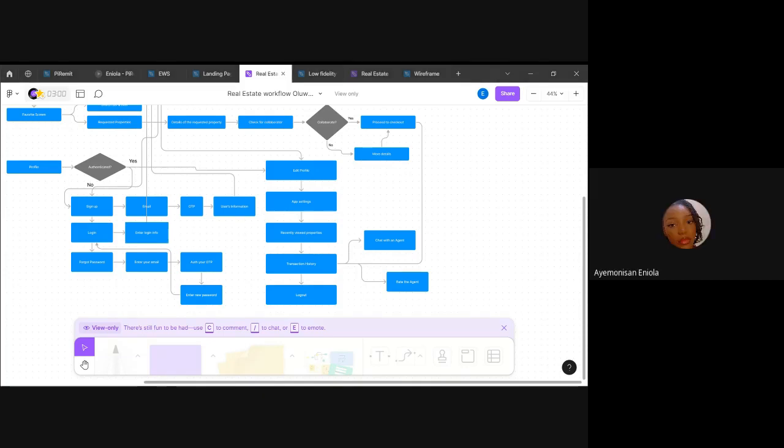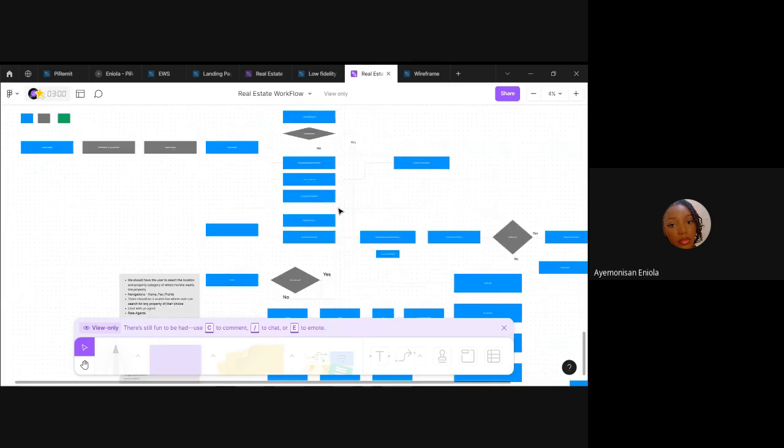Transaction is not just about the money. Sometimes it has to do with everything that has to do with getting to know the property, payment, and all those things. So I think that's where it should be. Thank you. Okay. So I'm going to be moving on to the next person.